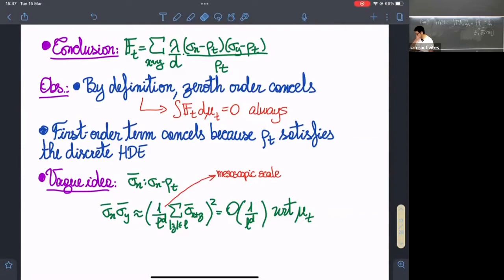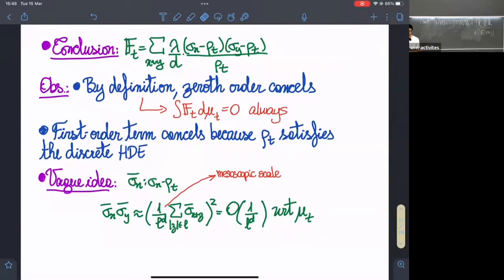Okay, so the vague idea is that you can make this replacement. I think I still have about 7 minutes left, but I think now is a good point to stop. Let me just tell you what I'm going to do on Thursday. Up to here, everything has been very,